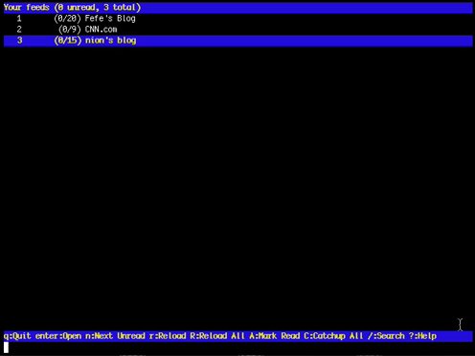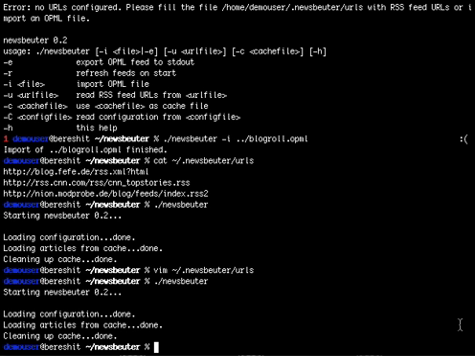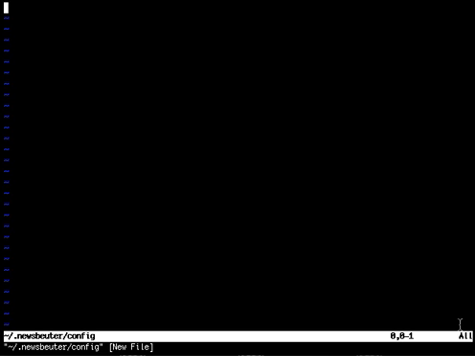One important feature that most RSS feed readers have is automatic reload. newsbeuter has this too. You only need to configure it. You start the text editor again. You need to create a new file, config, into which you will configure auto-reload yes,